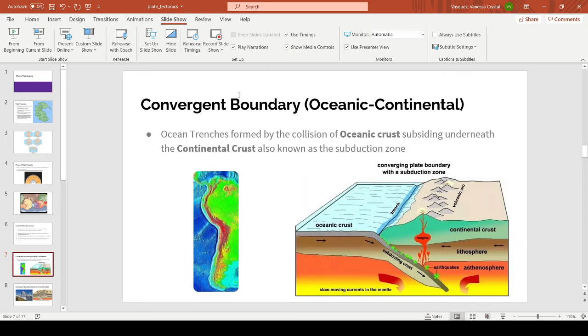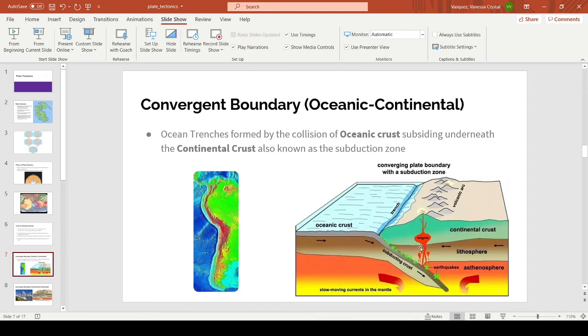Again, we're looking at the interaction between the oceanic crust and the continental crust within each major type of boundary. For the convergent boundary, when oceanic crust collides into the continental crust, as we can see in this diagram, the oceanic crust is sinking underneath the continental crust. The reason for that is because the oceanic crust is more dense than the continental crust. Since it's more dense, it's going to sink, and as it sinks, the magma